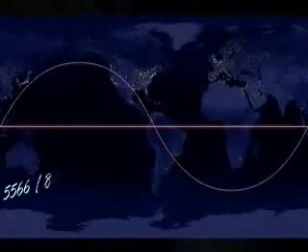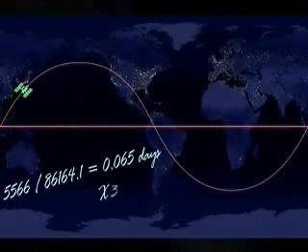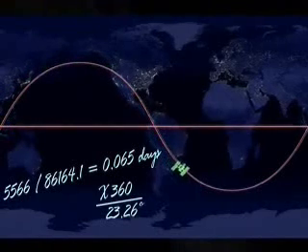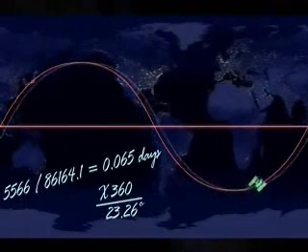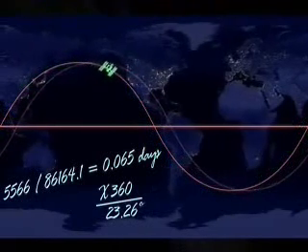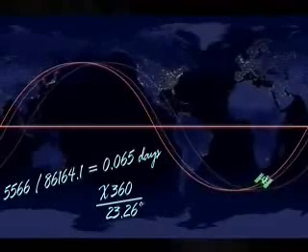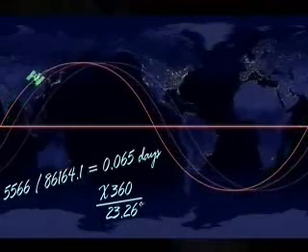Divide the orbital period by the length of the sidereal day, and we find that the ISS completes its orbit in 0.065 days. In this time, the Earth will have rotated 23.26 degrees underneath it. Sadly for geocentrist observers, the reality is that they will have to wait longer than an hour and a half before the ISS tracks the same path across the sky again. The reason for this, of course,